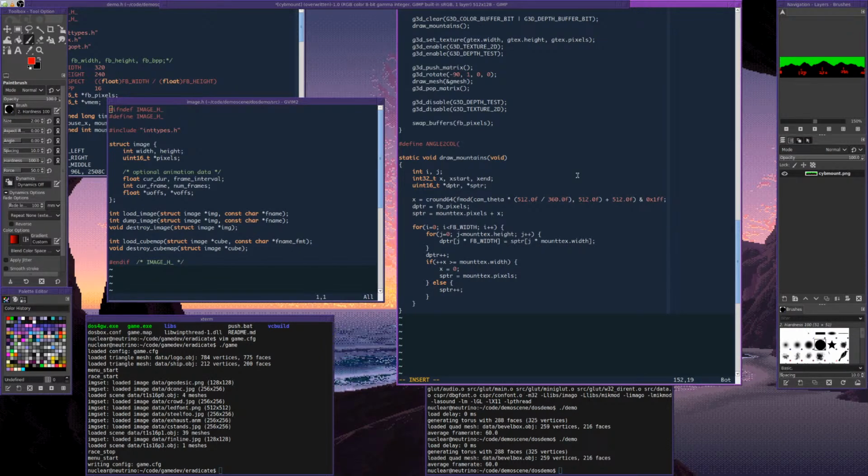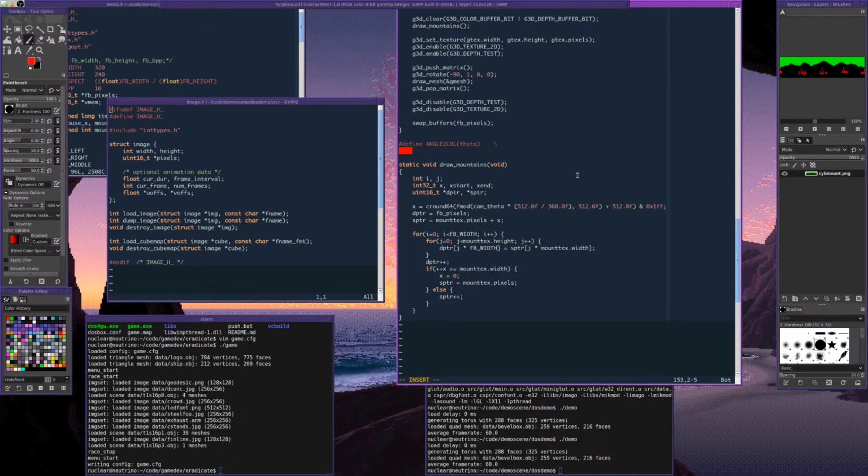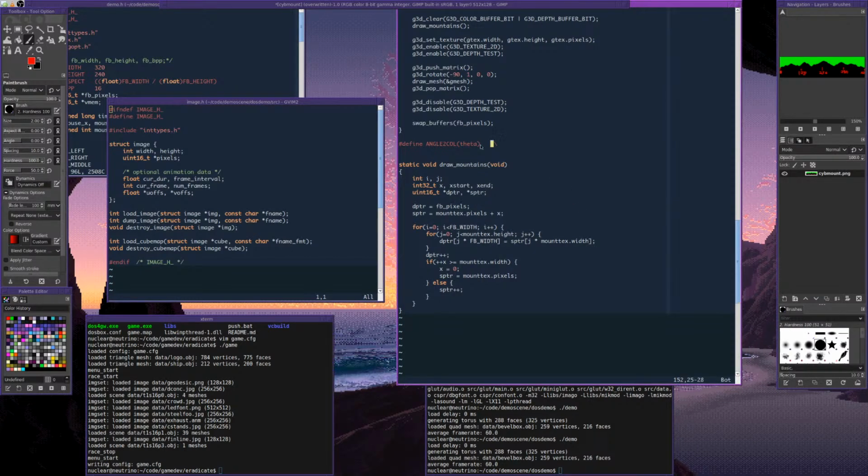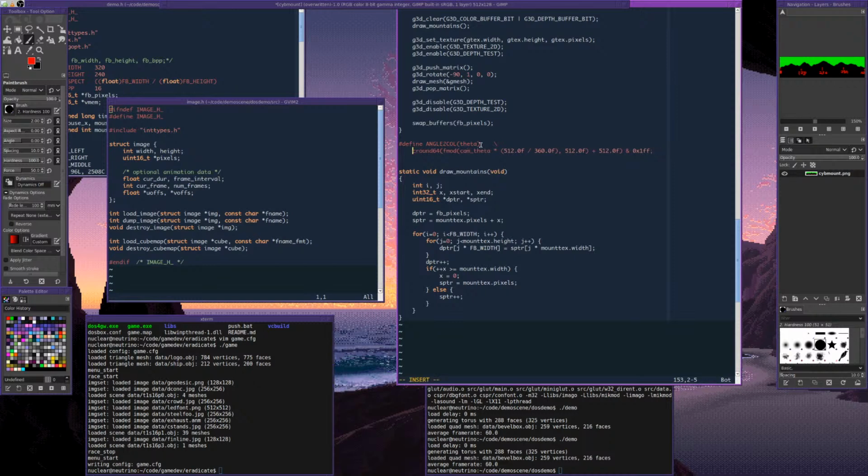Right, so we have a macro that takes a theta value, which is a floating point number, and converts it to a pixel position in fixed point. So what this macro needs to do is basically something like this. Obviously this is going to be theta, and it has to be in parentheses because I may pass something weird there. Okay, so after we take theta and convert it to this range,